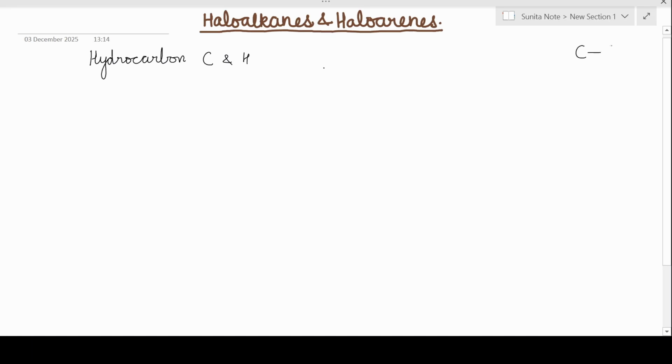And children, remember here that when I am talking about saturation, or the presence of a single bond, it is between the carbon atoms, not between carbon and any other element. If I am saying unsaturated, that means we are talking about multiple bonds, that is double or triple bonds between carbon atoms, not between carbon and any other element. Now this is the meaning of saturation and unsaturation. It still remains a doubt with the students, and these small things make chemistry tough.